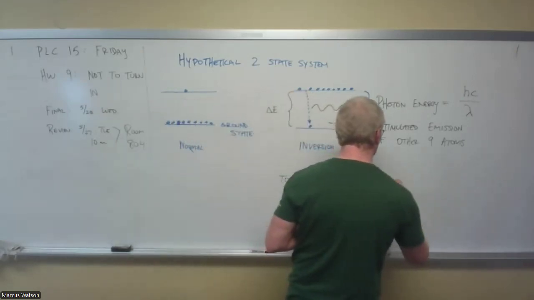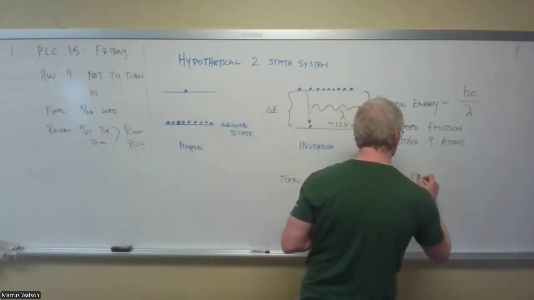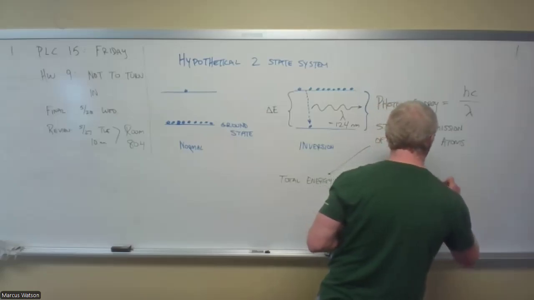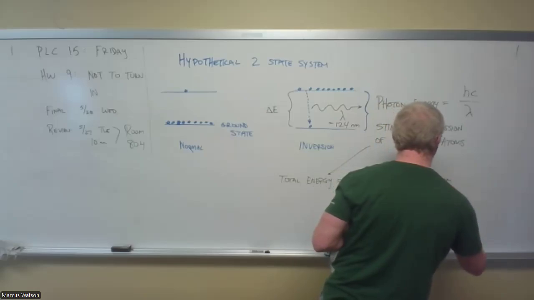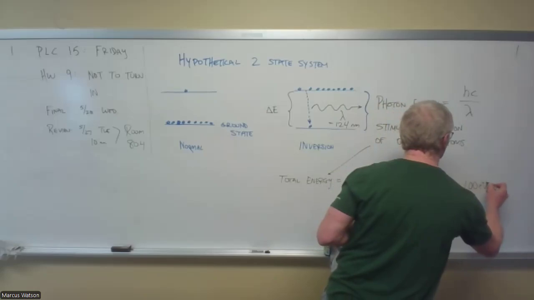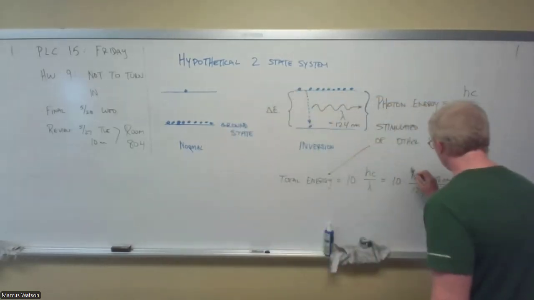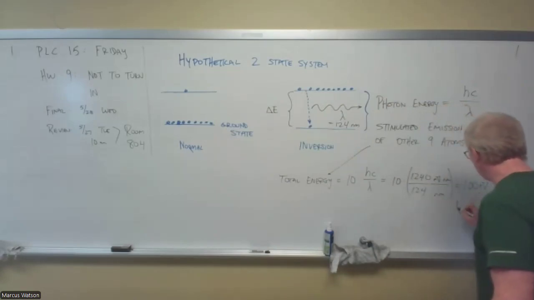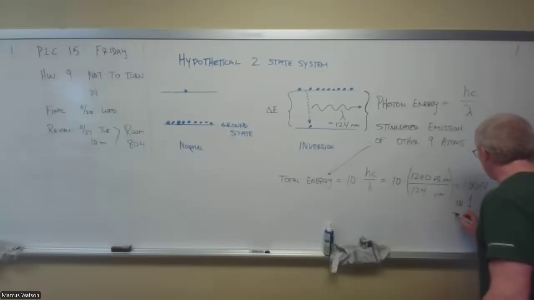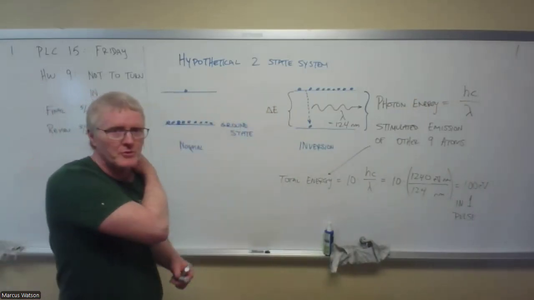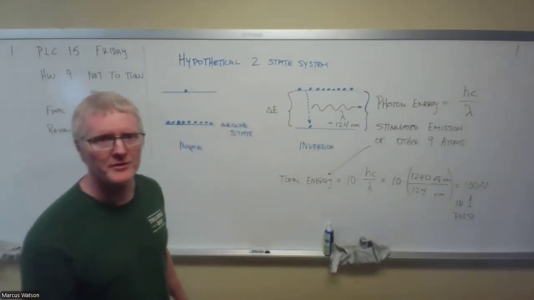And therefore the total energy is 10 times this, in eV nanometers, and that's in nanometers. That's 100 eV in one pulse. So there's 100 electron volts in one pulse